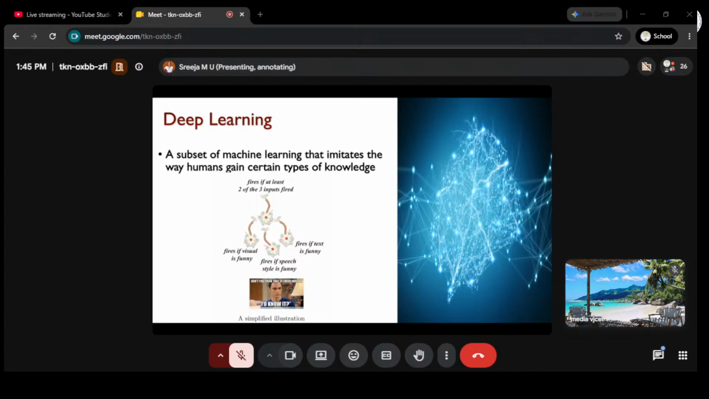Or if speech and text is funny, your brain is going to get triggered and you're going to laugh. Or if visual and text is funny, then also the same. But there might be scenarios where just one is funny, like visual alone is funny. So then in that case, your brain is not triggered, or it doesn't classify that the input is hilarious, and you are not going to give a laugh. Okay, so that is how